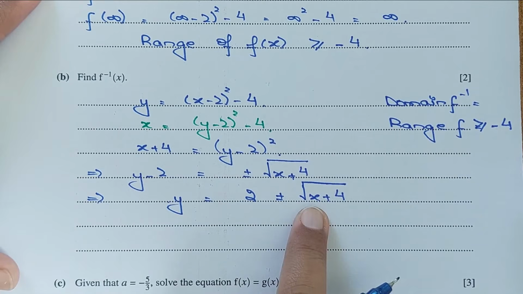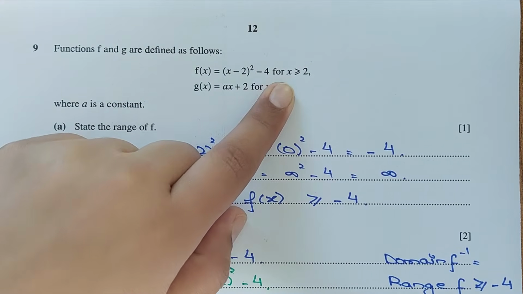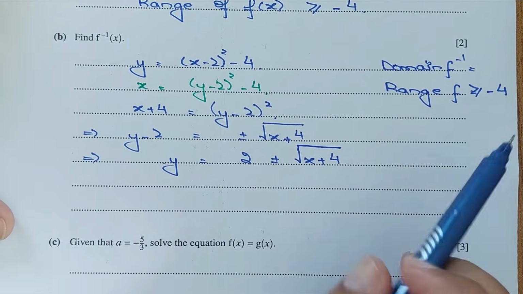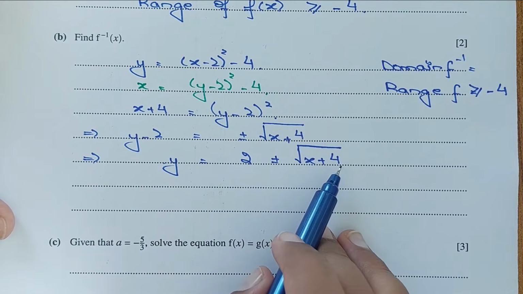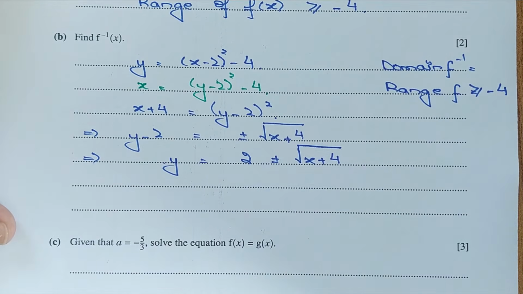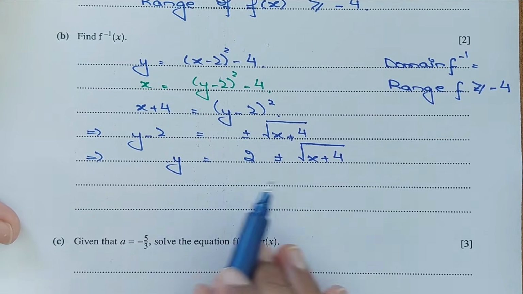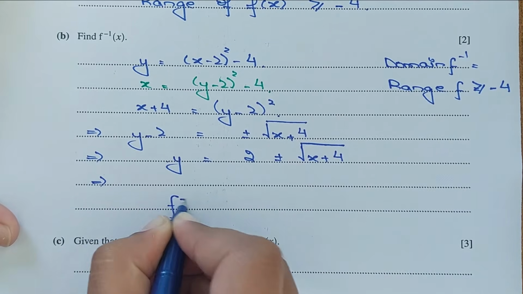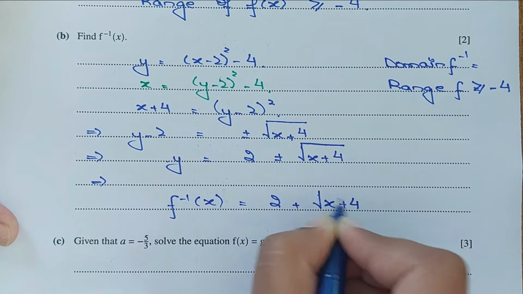Okay, when I put x equals -4, -4 plus 4 equals 0, and we add 2, so we get the range which is greater than or equal to 2. Now greater than or equal to 2, we are done with 2. Now the next would be 3. If I put x = -3, which is greater than -4, -3 plus 4 is 1, and square root of 1 is 1. So 2 plus 1 makes 3 and 2 minus 1 makes 1, so we have to go with the positive 1. Yes, so f inverse of x is 2 plus square root of x plus 4,